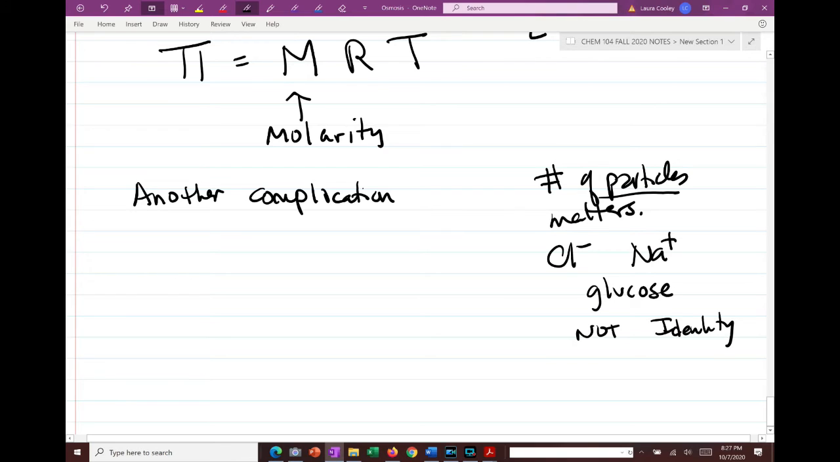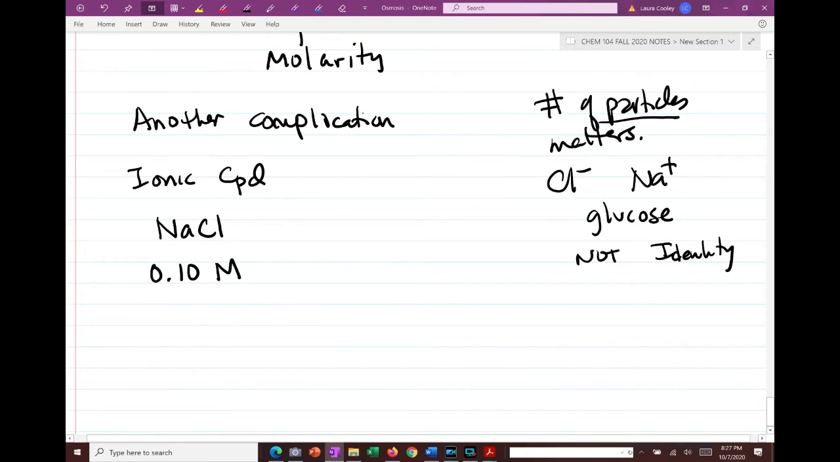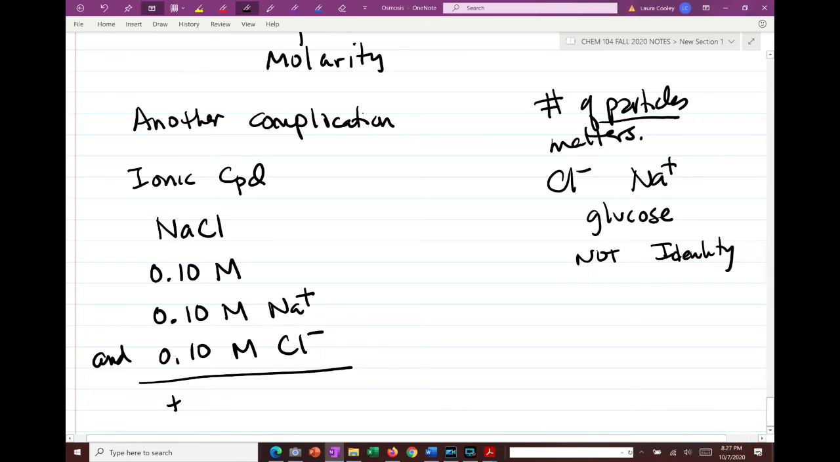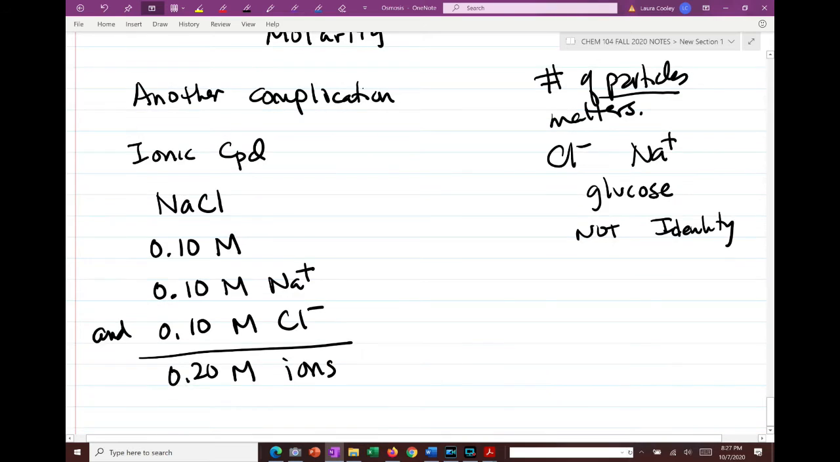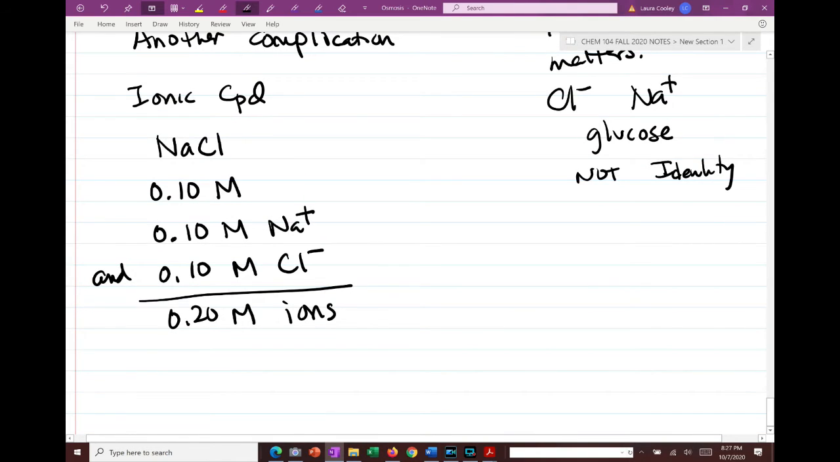So that means that if you have an ionic compound, for example sodium chloride, and let's say you have 0.10 molar sodium chloride, well, that's actually 0.10 molar sodium ions and 0.10 molar chloride ions. If you add that up, that's 0.20 molar of ions. So we have to modify this formula. We say that pi is iMRT,